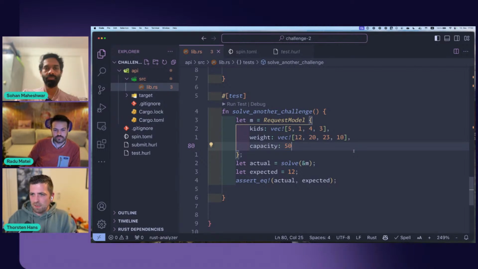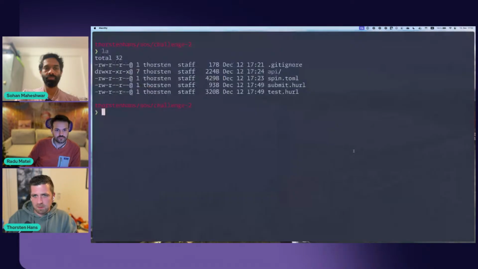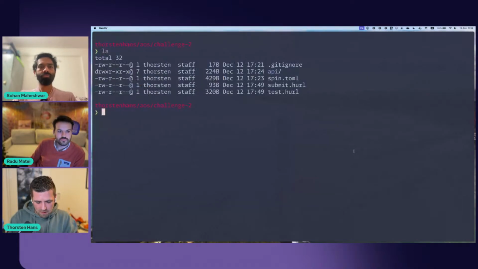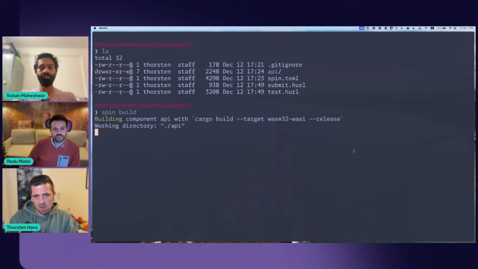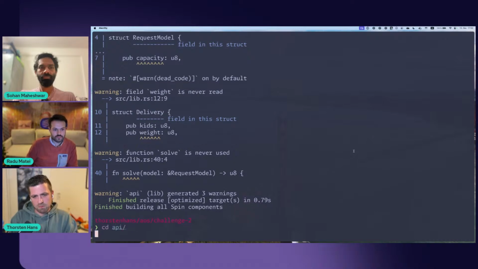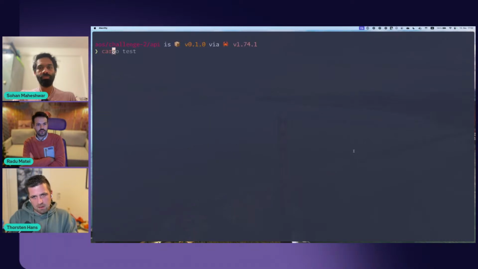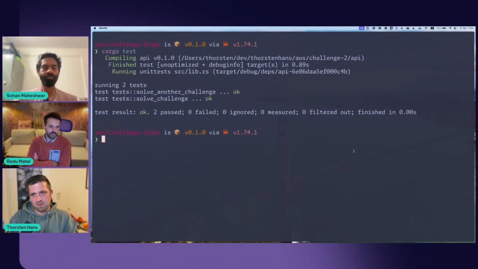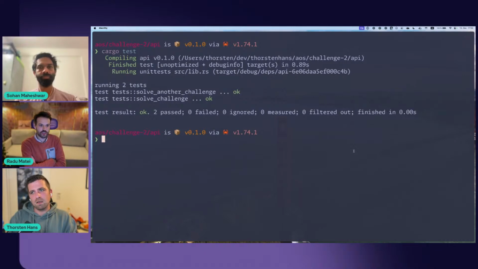All right, so having another test data, so to say, let's fire up the tests again. So let's do a spin watch over here and just test it in a different instance of the terminal, right? As a side note, cargo test will make sure to build again if anything changed.